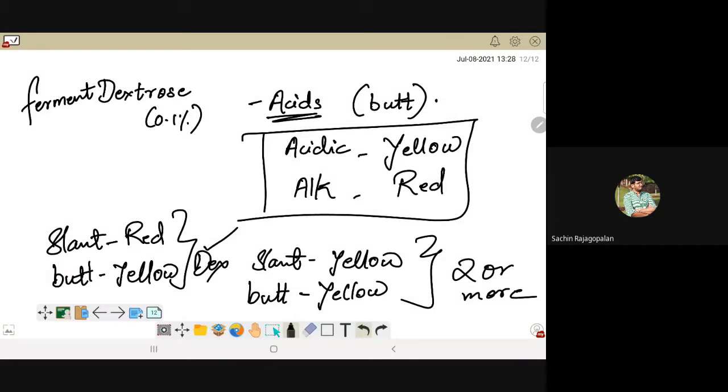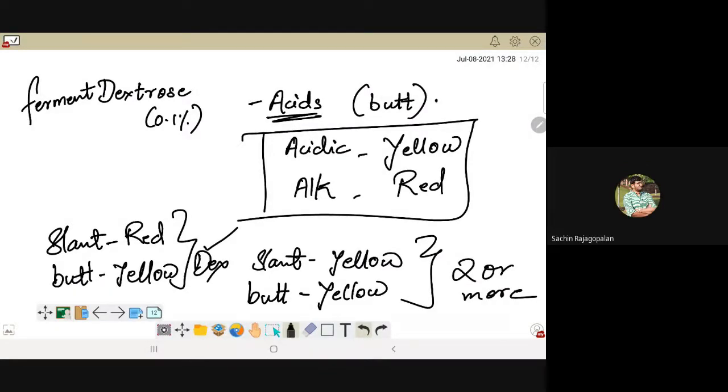24 घंटे में अगर मैंने देखा कि दोनों स्लांट और बट येलो कलर में है, इसका ये मतलब है कि वो 2 या 3 शुगर यूटिलाइज कर पा रहा है. अगर तुम उस ट्यूब को प्रोलॉन्ग्ड इंक्यूबेशन में रखोगे तो इवेंचुअली शायद जब तीनों शुगर्स खत्म हो जाएंगे तब ऑर्गेनिज्म को मजबूरन पेप्टोन यूज करना पड़ेगा, तब जाकर मे बी 48 आवर्स या उससे भी ज्यादा टाइम के बाद मुझे स्लांट रेड होते हुए दिखाई दे। आर यू अंडरस्टैंडिंग व्हाट आई एम ट्राइंग टू से, ऑल ऑफ यू? Yes, sir. Yes, sir.